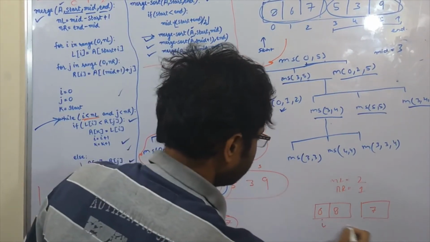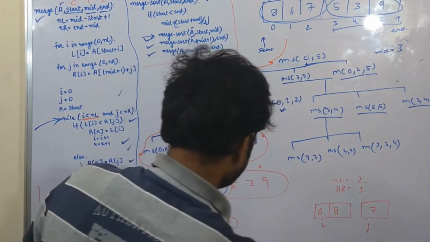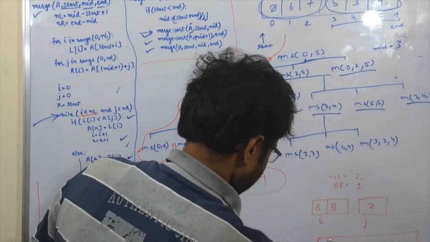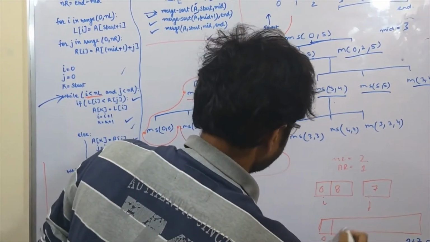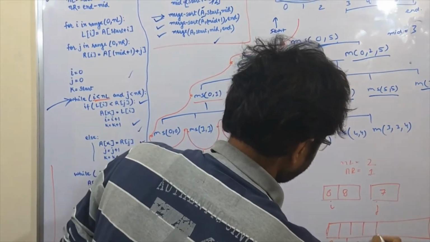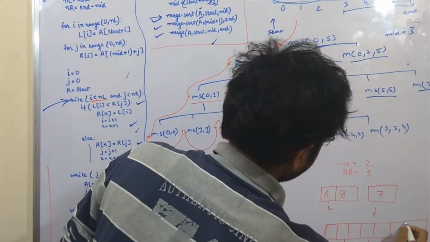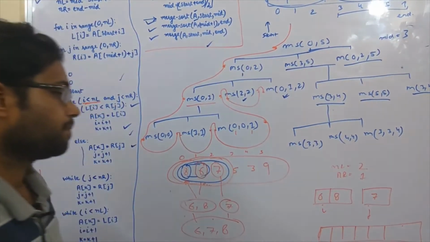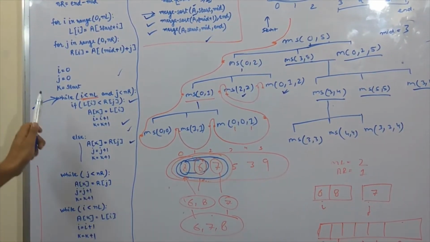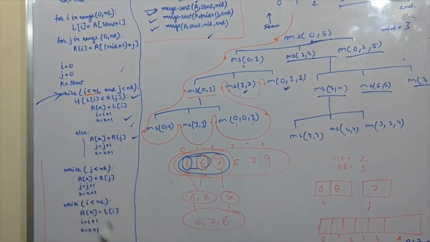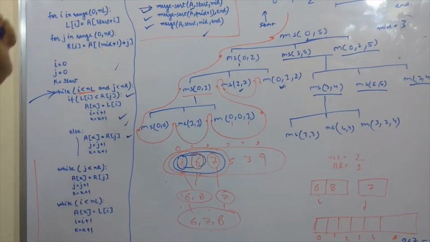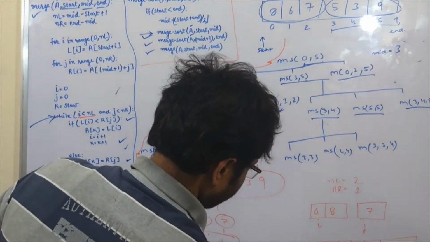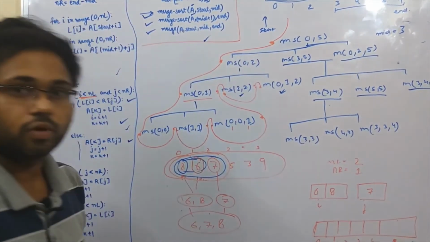I will point here, J will point here, and suppose we have some array, or we can say 0, 1, 2, 3, 4 and 5. This is our array. So I is equal to 0, J is equal to 0, and K is equal to start. So what is the start point? It is this point. Okay, that is fine.